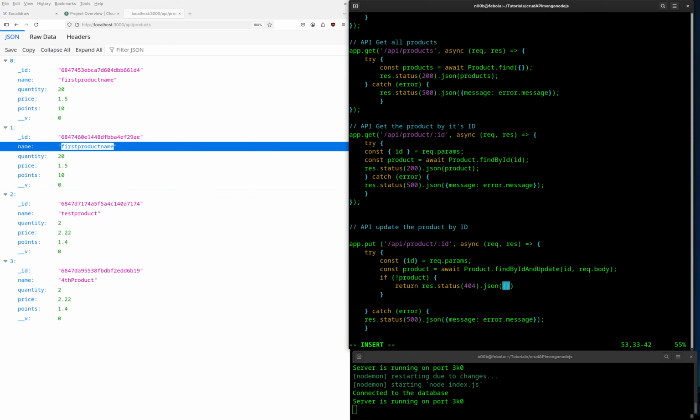Yeah, business as usual message, and this time we will say product not found. Check ID with your app, just to let them know the product is not found,